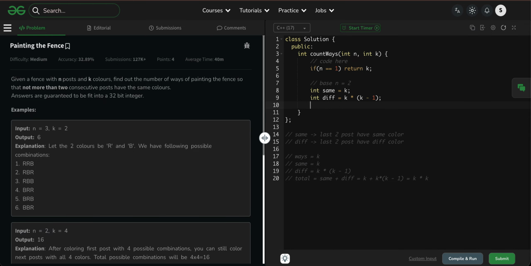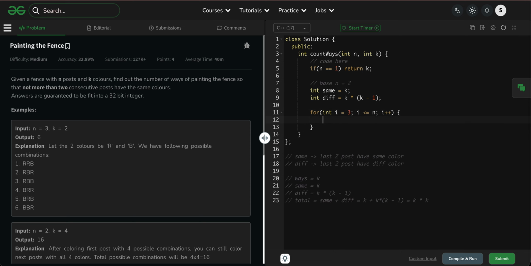Now start the for loop. Int i is equal to 3. Why not 2? Because if we have the base case of n is equal to 2, we just start from 3. i less than or equal to n and i plus plus, right?